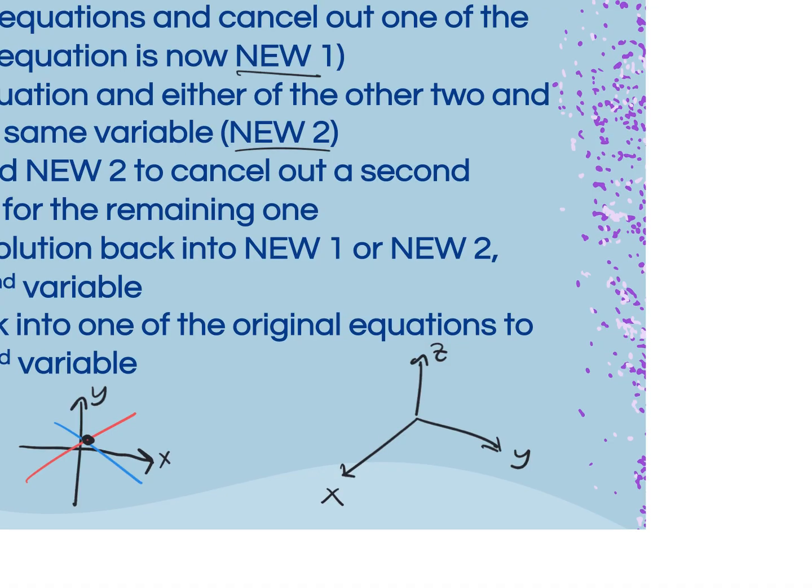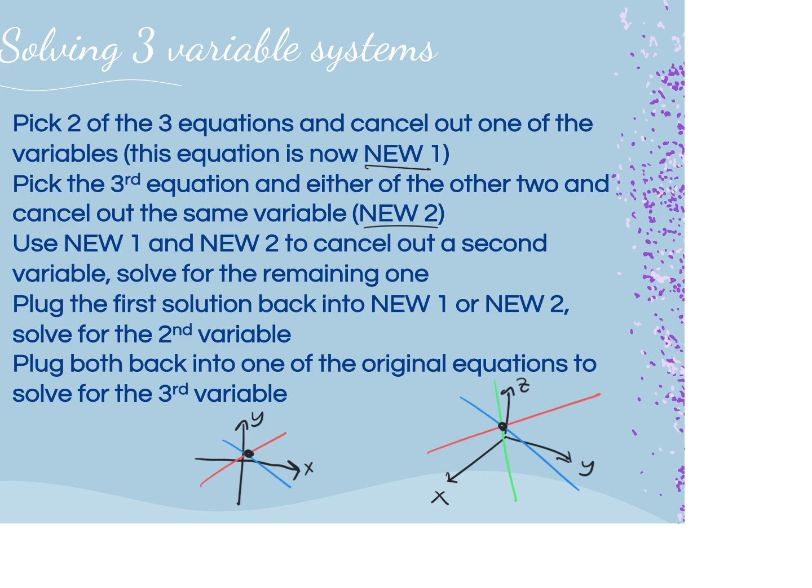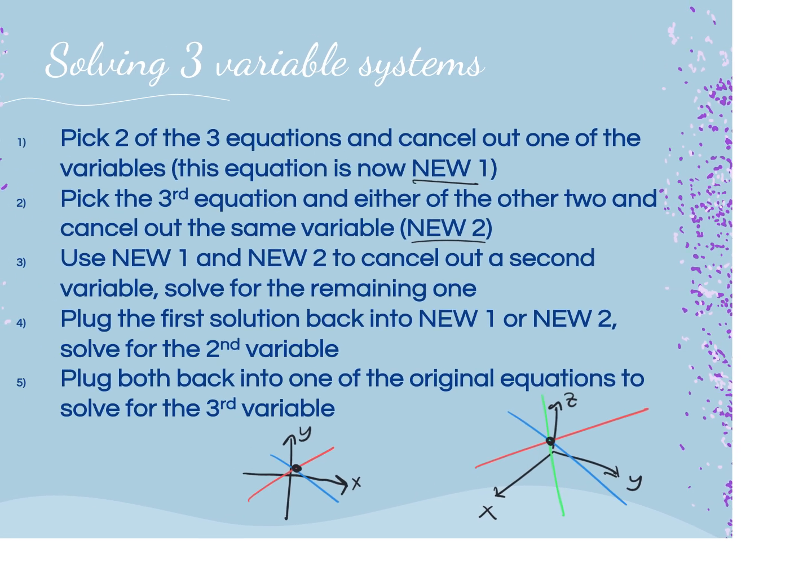So in three-dimensional space, you might have one line going this way, another line going that way, and then another line that meets at the same point. So they meet at a singular point, and it'll look something like that. Visually, that's what it would look like. We're not going to have you graph any of these, that would be kind of crazy, but just so that you understand what our